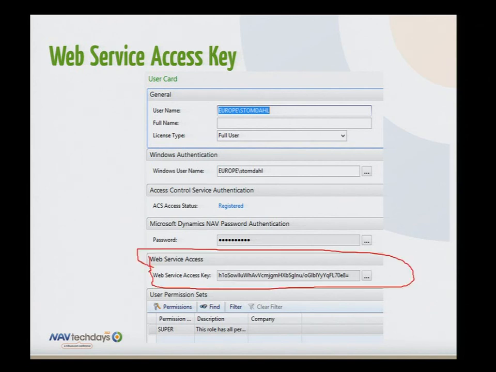And you can see here, something I didn't mention when I first configured. Web Services Access, well, there's a long key there. It's called Web Services Access Key. And when you press the Assist Edit, you will get this new little page where you're just able to press one button, say Generate, so you can generate a Web Service Access Key, and you can set expiration to it. So this key will only be valid for a month, 2 months, 2 days, something.